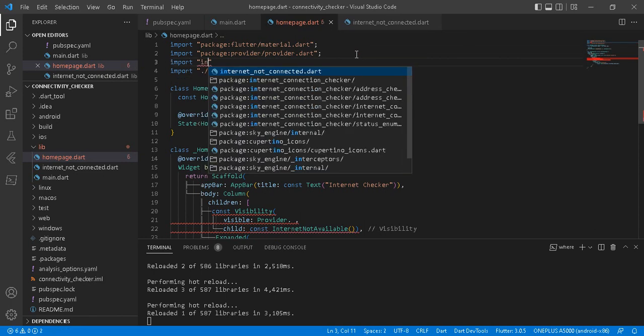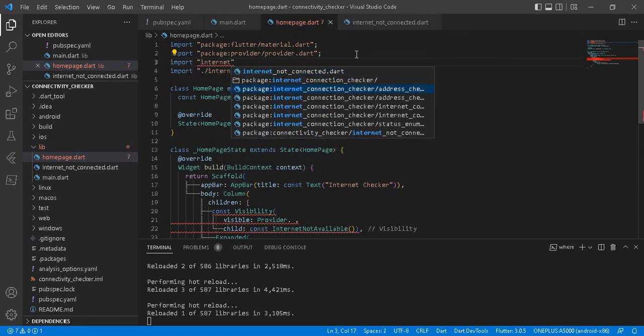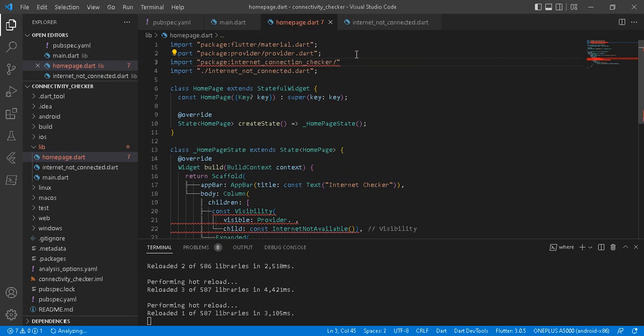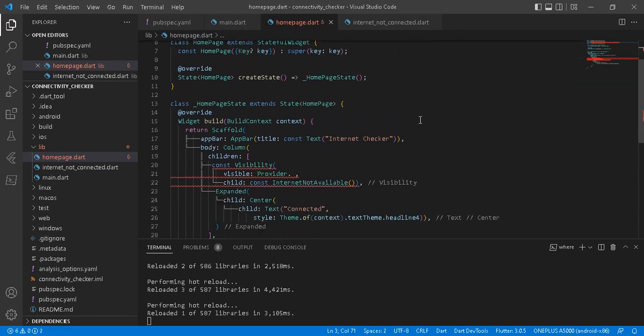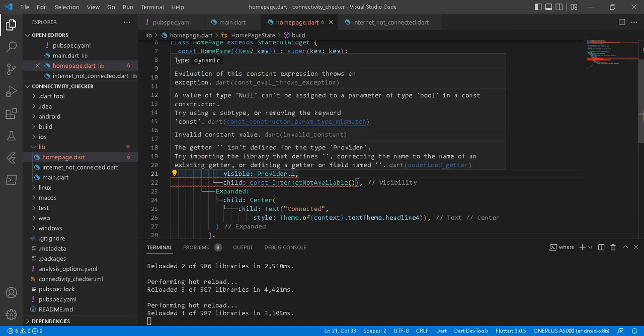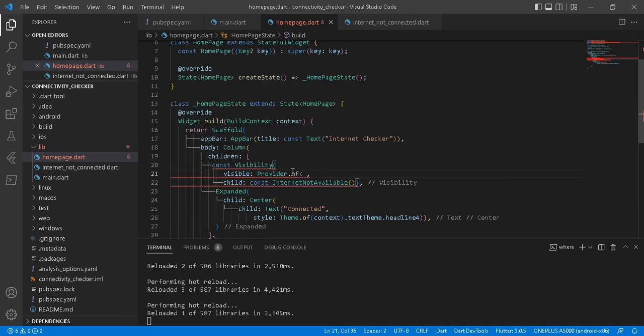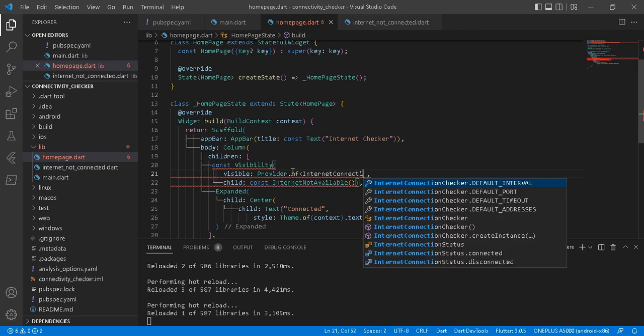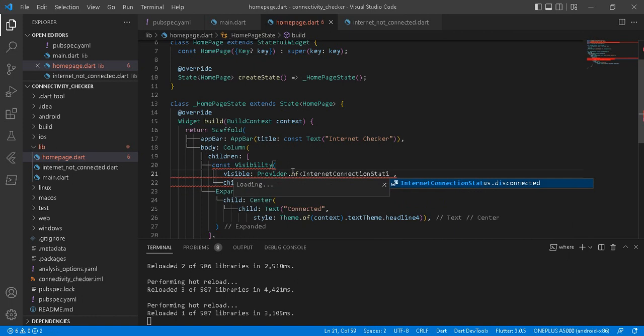Import slash internet connection checker dot. Right now we are ready to go. Provider dot of internet connection status. That means we are listening to the internet connection status of this context